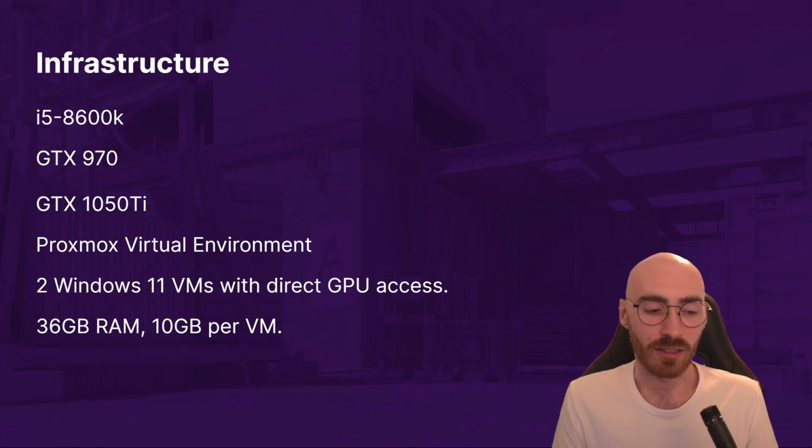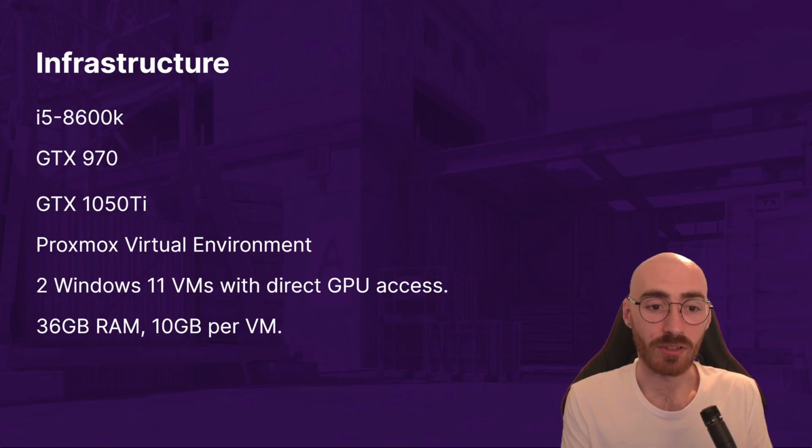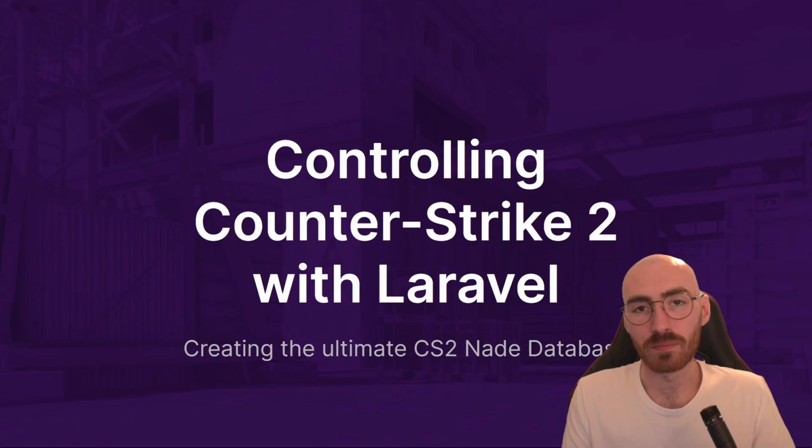There are 36 gigs of RAM in the computer. I give each VM 10 gigs, and then the i5 has 6 cores. At the minute, each VM has 3 cores because I'm not using that machine for anything else. That's essentially